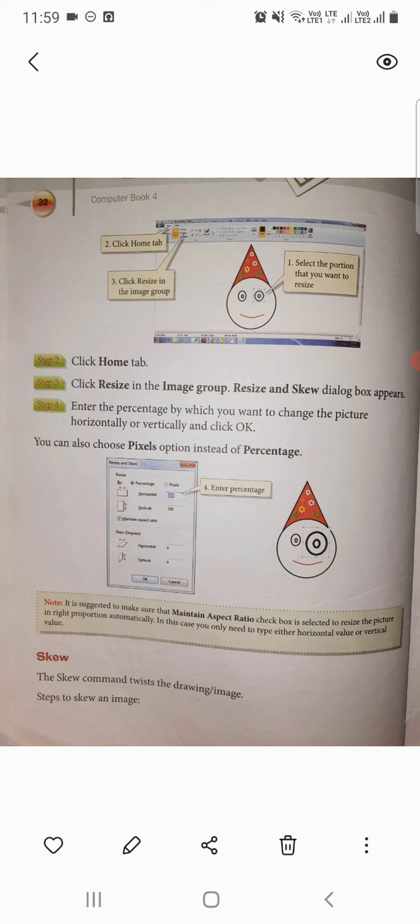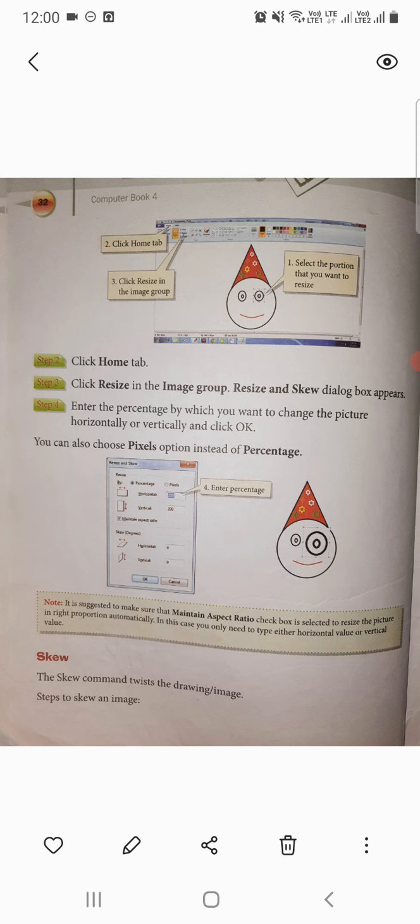And in the Skew group, in the skew option, you can enter the number, horizontally or vertically, for how many degrees you want to skew your image, that means move the position of the image. Then just click on the OK button, and it will skew your image. So this is your Resize and Skew dialog box.